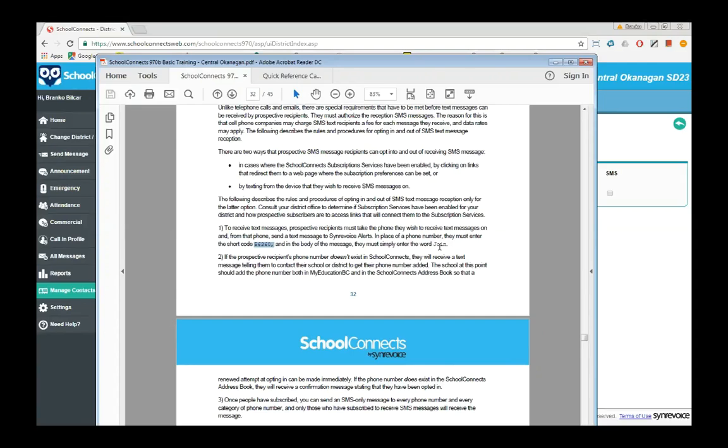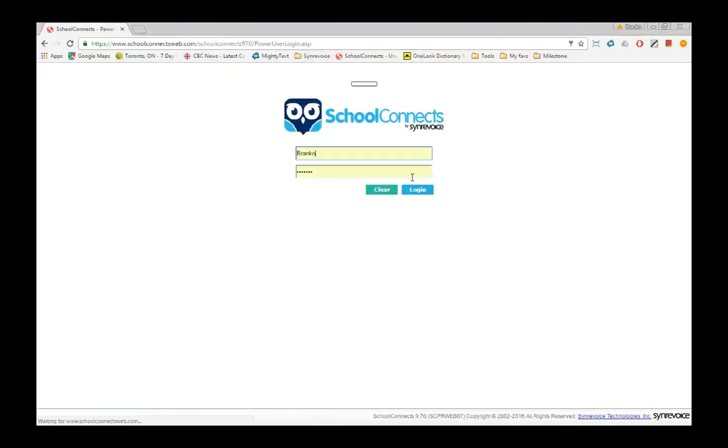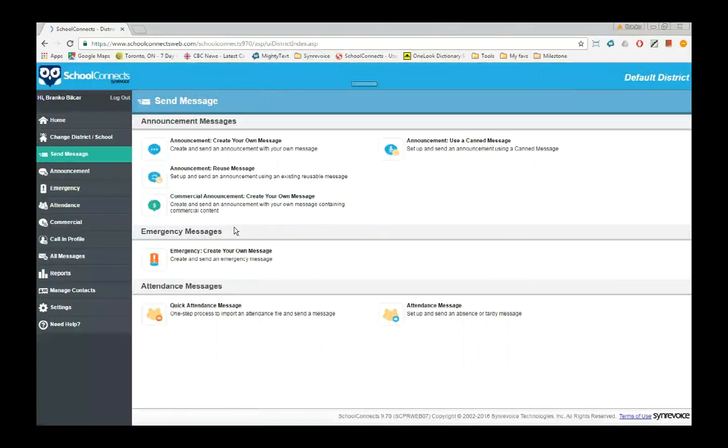Our servers would intercept that request, and if the phone number that you're texting from appears in the SchoolConnects address books or in a contact list, they'll be opted in. They'll receive a confirmation message that they've been opted in, and from that point on, whenever you send a message, they'll receive the